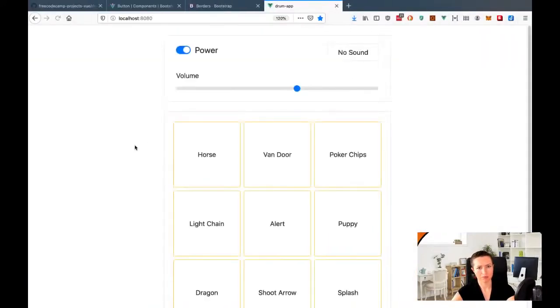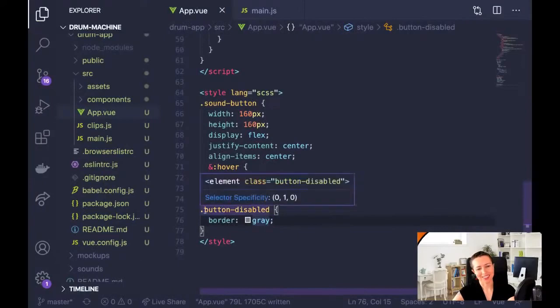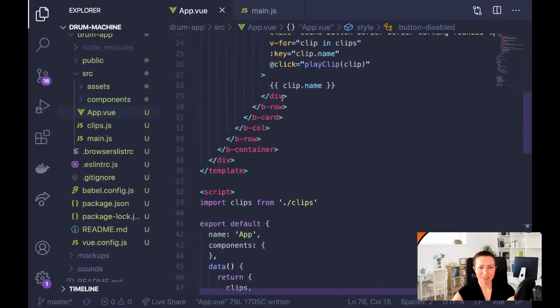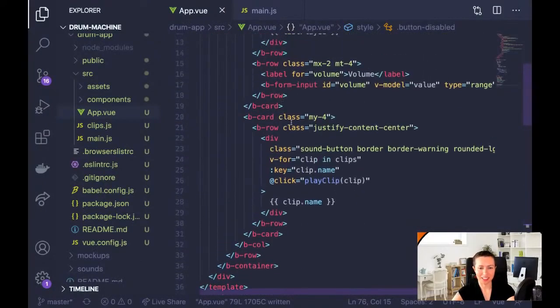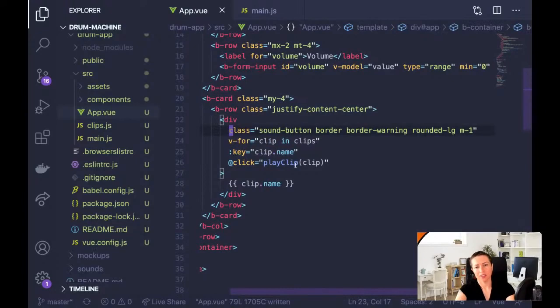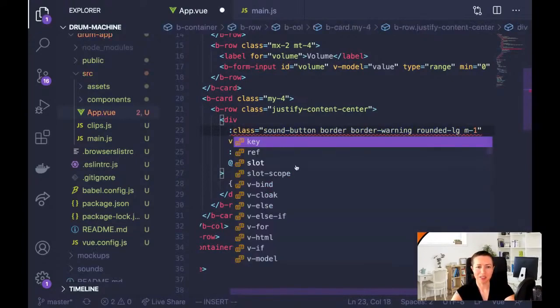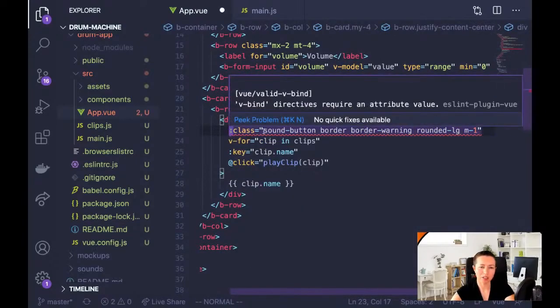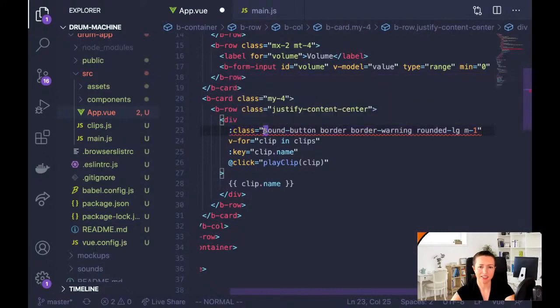So okay, so now if it's off. Oh, I'm not actually applying the class. Oh man. Okay, so button disabled. Now I have to conditionally toggle the class. So let's see. How do I want to do this? Because there's a bunch of classes here. So let me see. I can do object syntax or array syntax. And if I want to toggle,